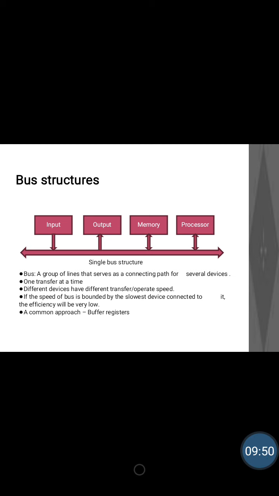Now what we did is we have used a buffer register in all the devices which are connected to the bus, and when the processor wants to send the data or print the data, it will send immediately at its own speed. All those are stored at the same speed in the buffer register of the printer. Now the printer will start printing from its own content, not from the processor or through the bus. Thus it is freeing the processor, and freeing the bus so that it can be used for some other operation. Okay, so this is how we are preventing the high speed processor from being locked to a slow device. Okay, thank you.